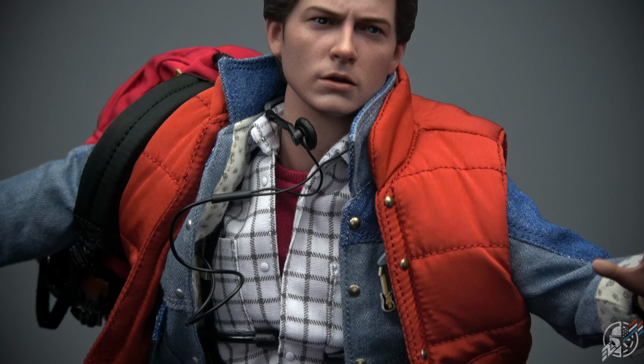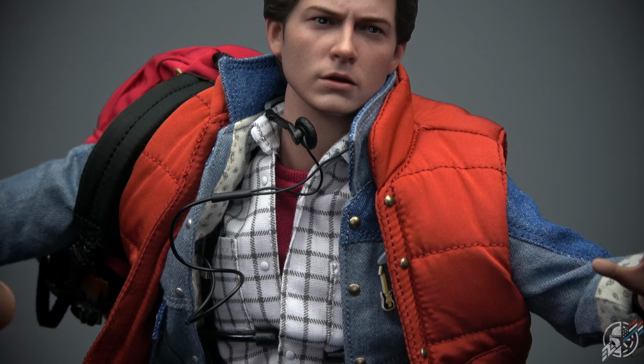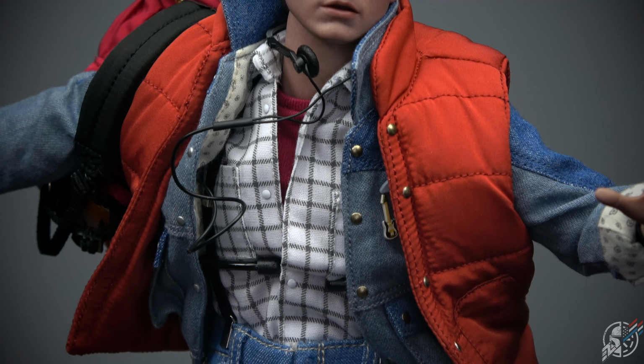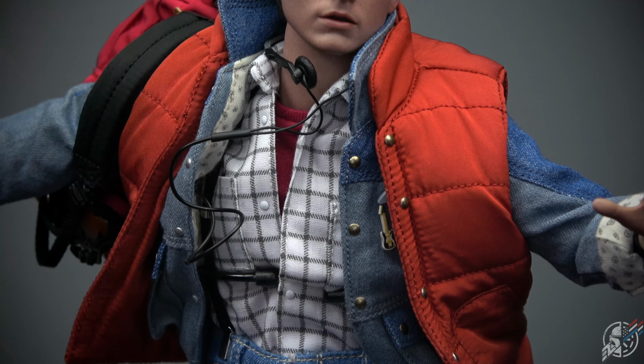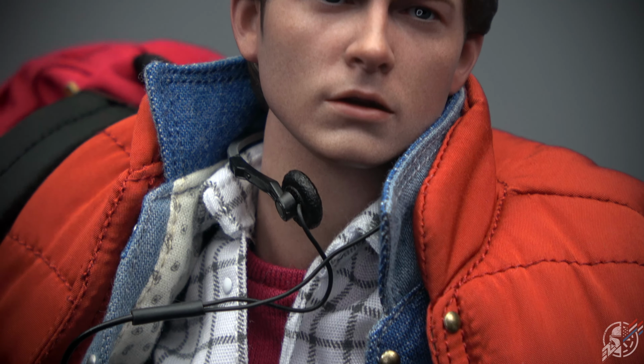And then we move up to the head sculpt. As you can see, the Walkman, like I said, I kind of made it look like it's in motion. And then you have the headphones around his neck as well, right there. As you can see right there. And then we have the